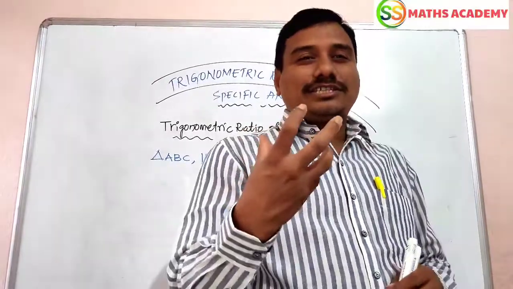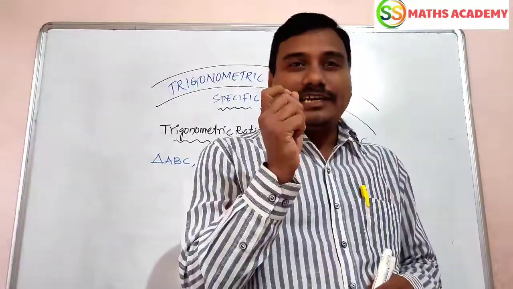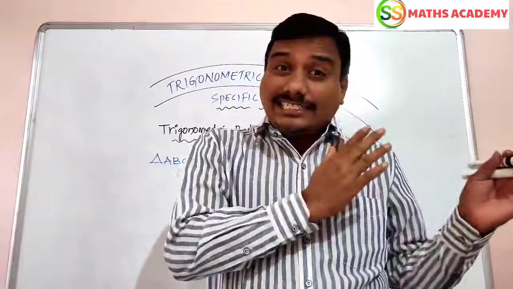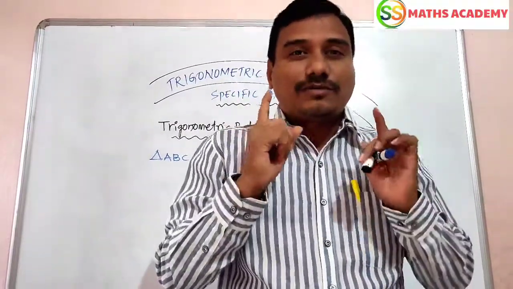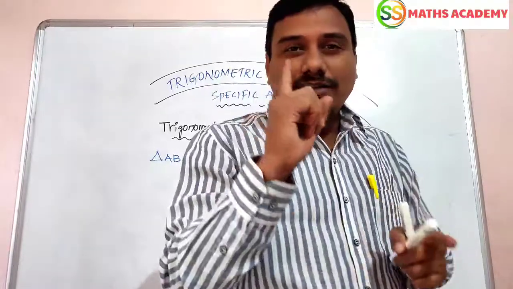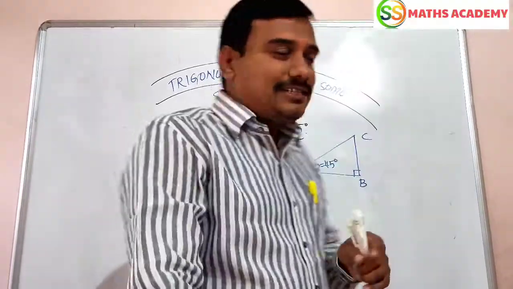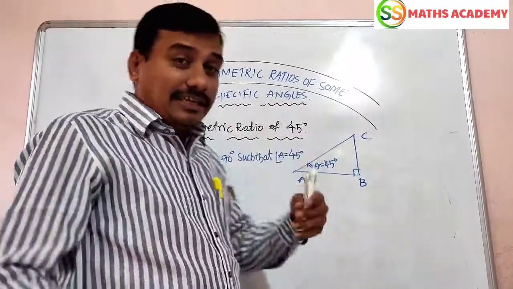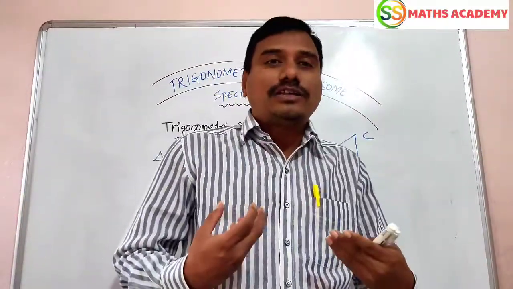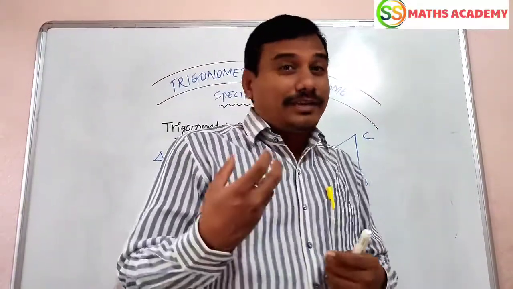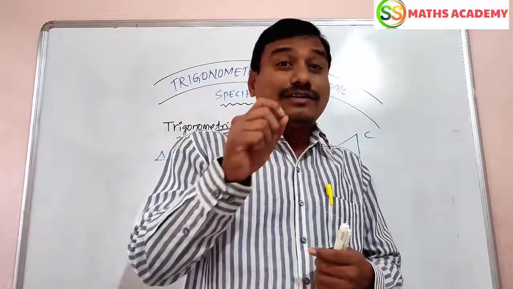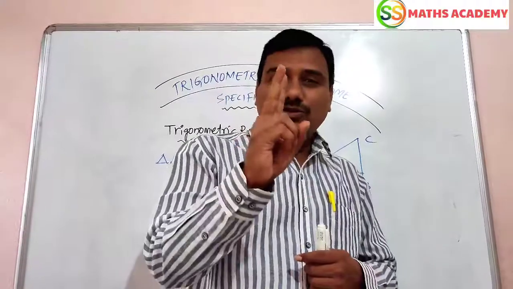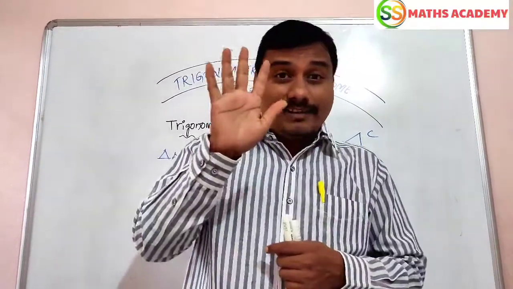Today I am going to discuss a beautiful topic, trigonometric ratios of some specific angles, in our extension of learning outcomes from the trigonometry chapter. The new topic is trigonometric ratios of some specific angles. In this section we shall determine the values of trigonometric ratios for some specific angles: 0, 30, 45, 60 and 90.